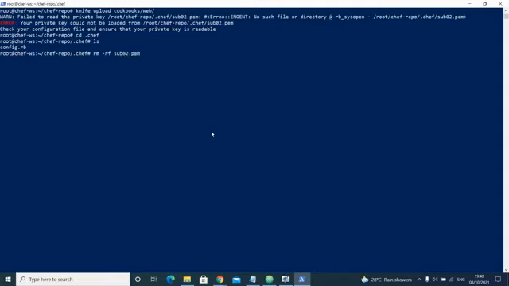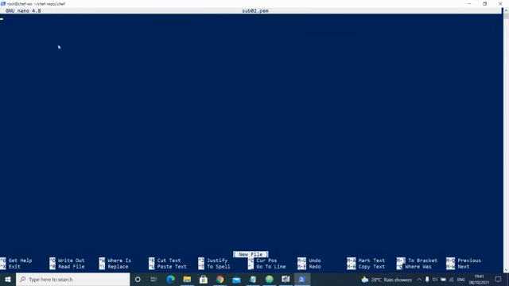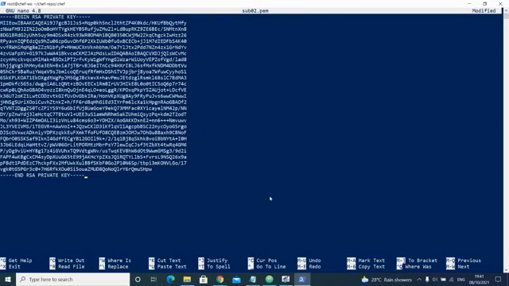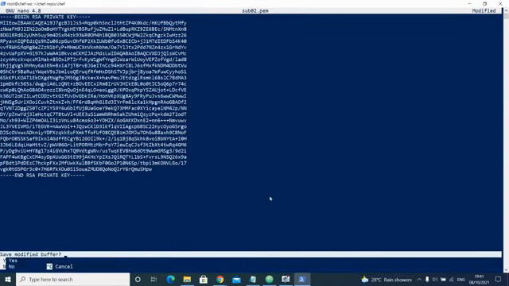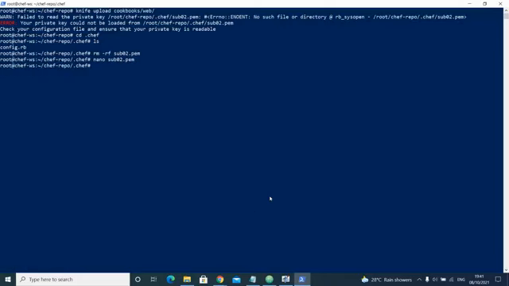So this is the pem file. I will just delete it and I'll recreate it. So nano sub02.pem, press enter and paste it here. Okay, so Control X, yes. So I recreated my file.